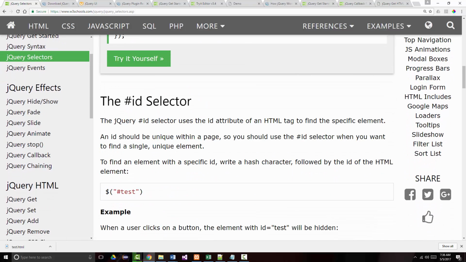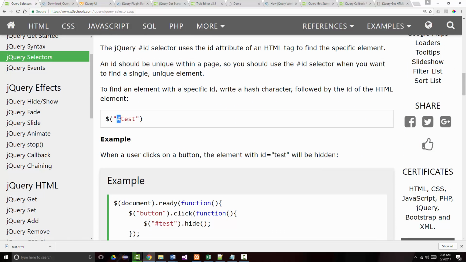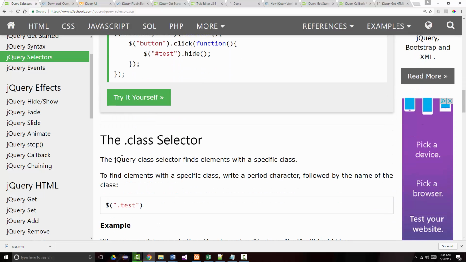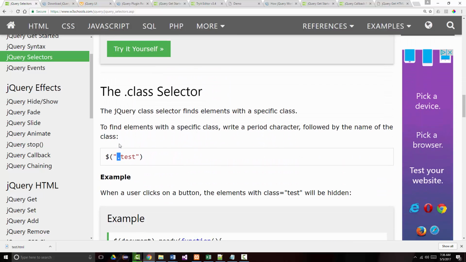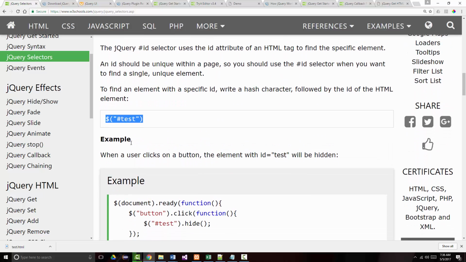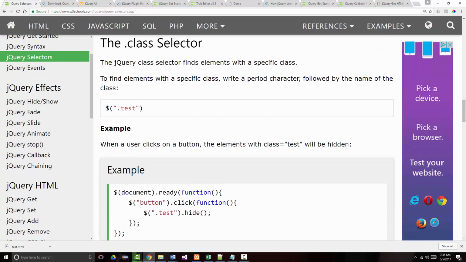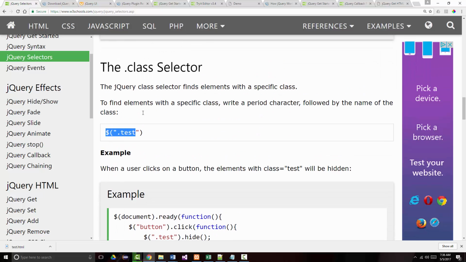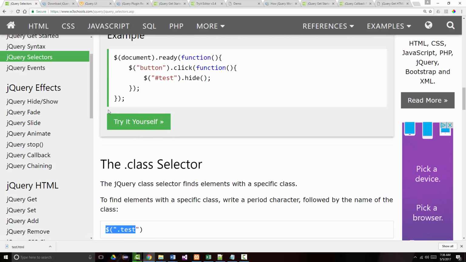The ID selector, remember, starts with a pound sign. The class selector starts with a period. So this would say you want to manipulate an ID of test. This would say you want to manipulate a class of test. So when we look at the examples here,